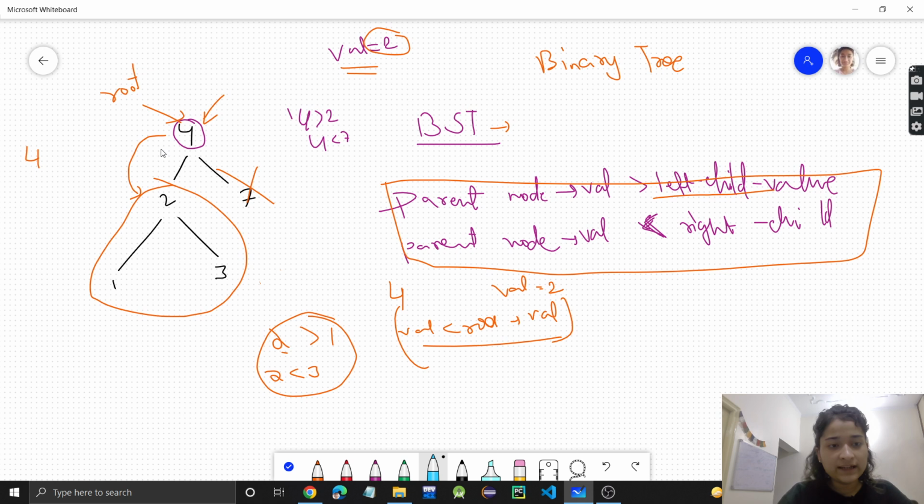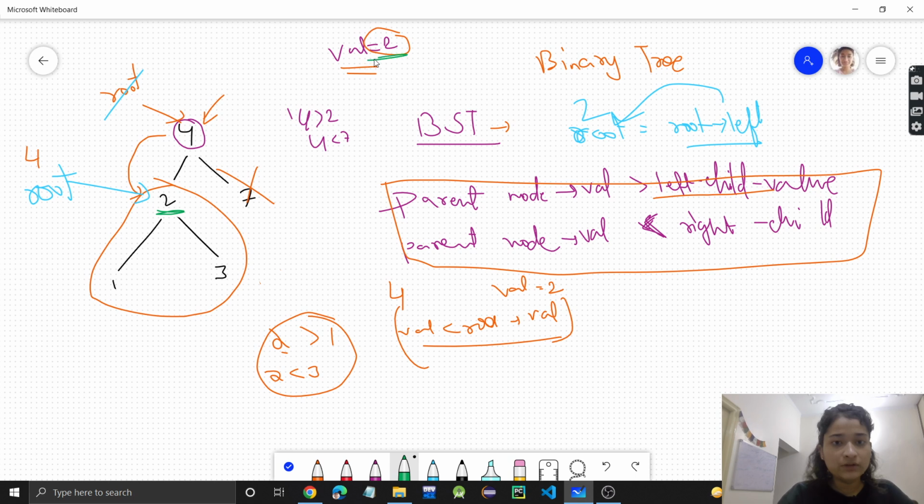That is, when I say I am moving to the left part, I am moving this root to the left side. So root will now become here. Root will now come here. That is, root will change to root's left. Root earlier was 4, na. 4's left was 2. So that value 2 is assigned to root. So now root will be at 2. So again I will check. This 2 is now equal to the value. That is, root value is equal to the value which we have to find.